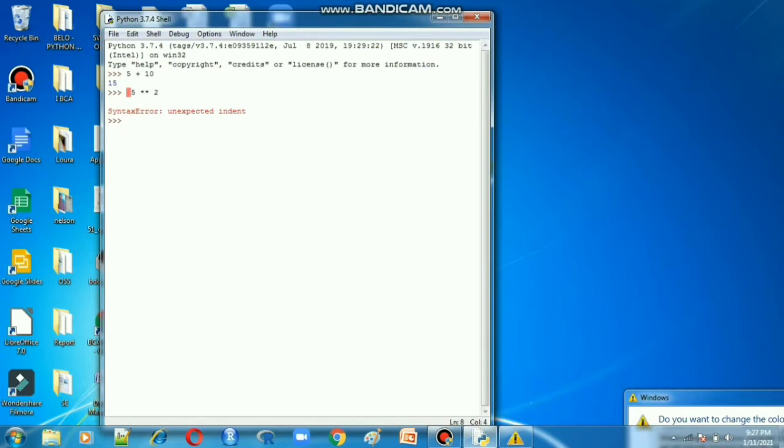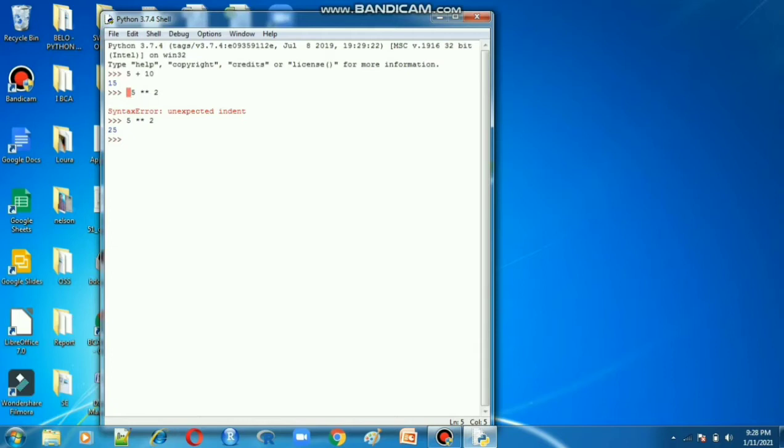Here, what error will come? A syntax error will come here, but the result is okay. So what is the error? Unexpected indent error, it shows an indent error. Now I type it one more time and press enter. See here. So what are the indent errors? Unexpected indent means what? Before this 5, one red line will come now. The red line will come.